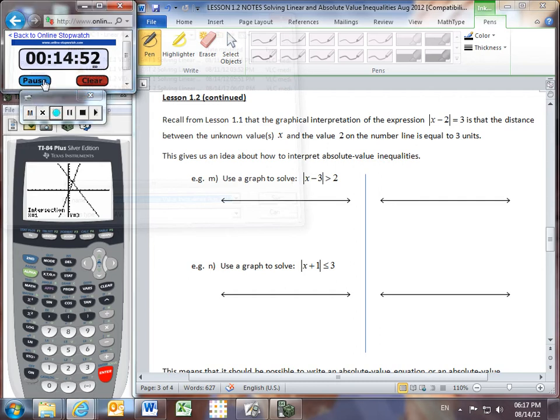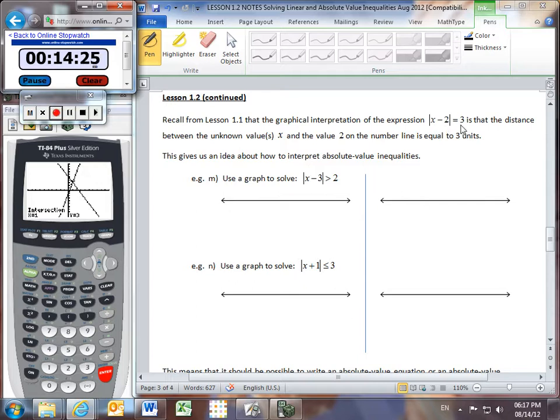Alright, we're now going to start looking at some absolute value inequalities, and you might remember from when we were looking at absolute value equations that there was a graphical or geometric interpretation of an expression that looks like this. And what we were saying is that it meant that the distance, because absolute value represents a distance or a magnitude, the distance between our unknown value x and the point on the number line 2, the distance is equal